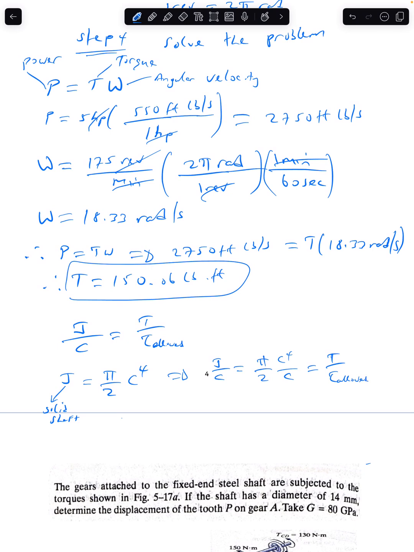It therefore means we can say that C is equal to 2 times torque over pi times allowable shear stress. It therefore means if I put the value for this torque, which is 150.06 pounds times ft, and this allowable shear stress, which we know from the equation,